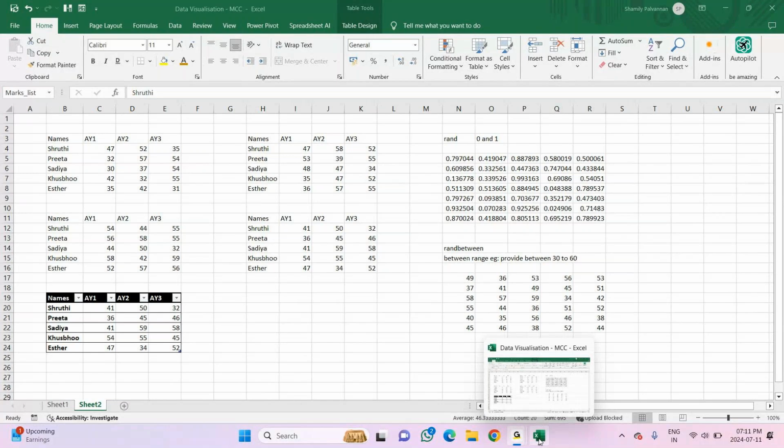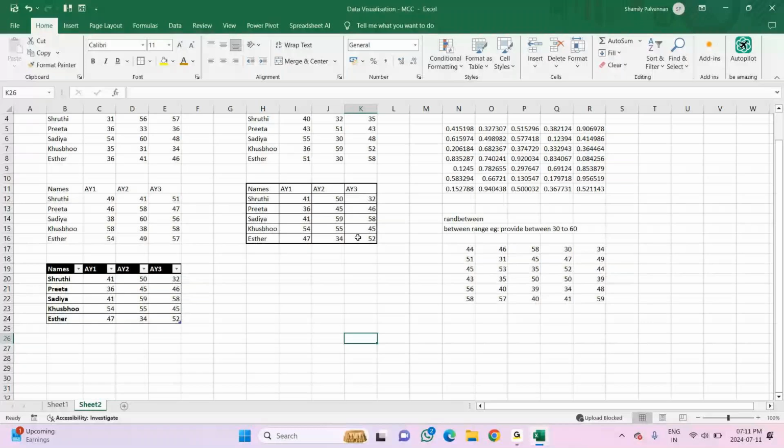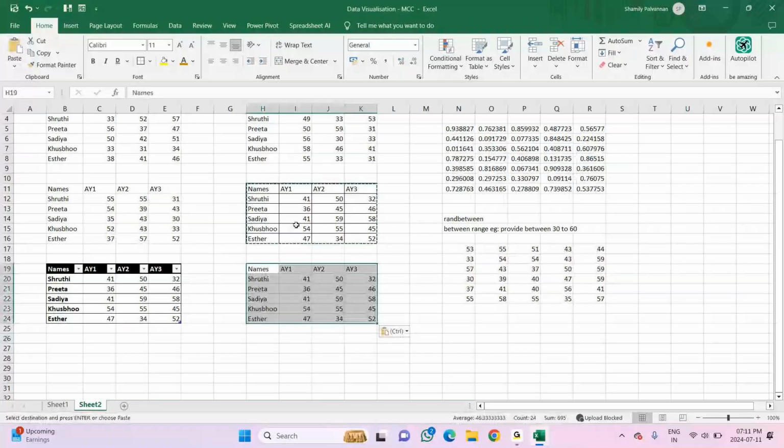But see the option when I'm using here, without borders. Without borders actually works when it is not in a table format. I'm selecting this range and giving all borders, and outside I will give a thick border. See, outside it is dark and inside it has thin lines. I am copying this and I'll paste it here, saying no borders. So this is one option. Again, I'll copy the same thing.